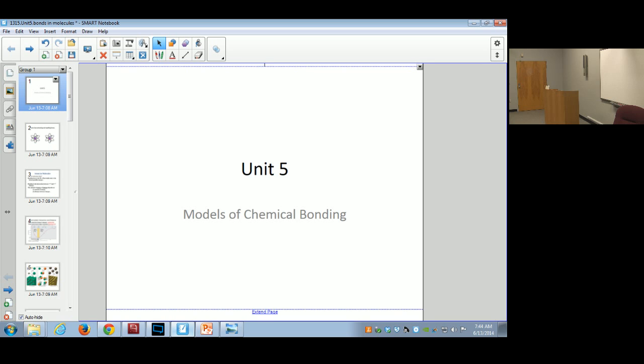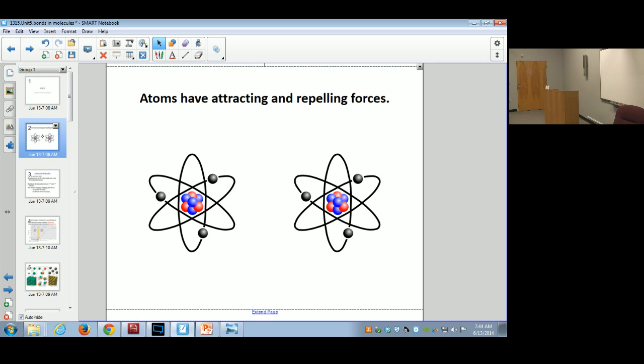So this is the first lesson in Unit 5, and we're going to cover chemical bonding now. In Unit 4, we looked at electrons and how they get structured in an atom. So we're going to extend that now and see how molecules are formed, so how two or more atoms bond